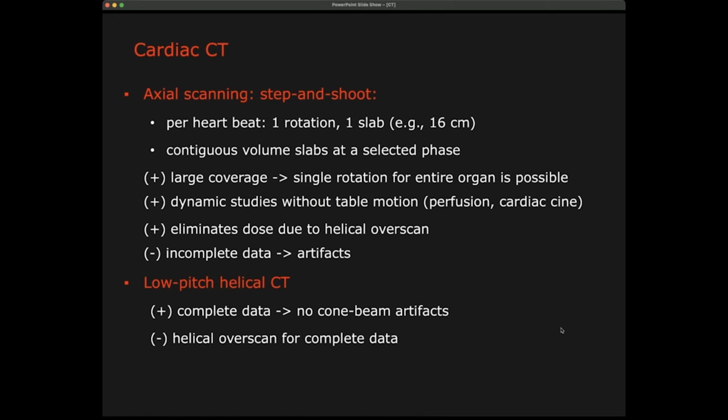So because the heart moves, that changes. In order to also be able to reconstruct that changing distribution, we need to measure it over at least 180 degrees in every position of this. So this becomes a little bit of a problem, and also the heart is a relatively large organ, so we have to make sure that we can cover this, and we have to make sure that we cover the whole cycle. So we need to cover it in 3D, the whole volume, and cover it in every position of the